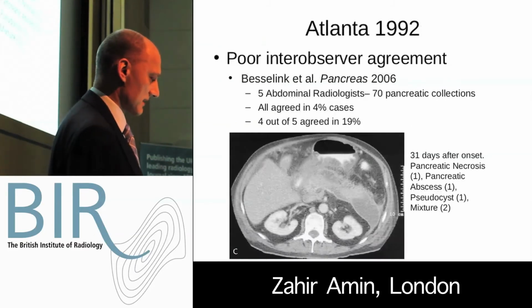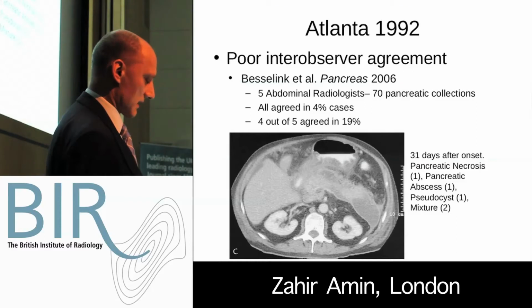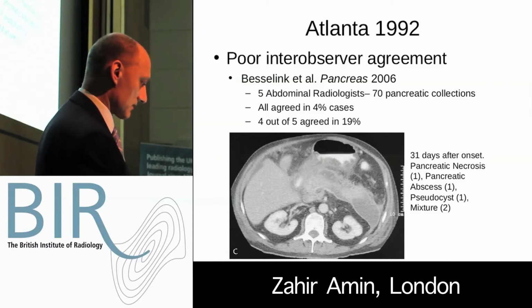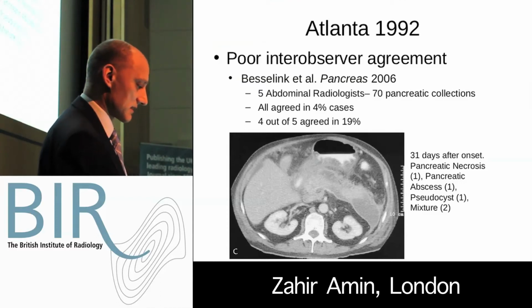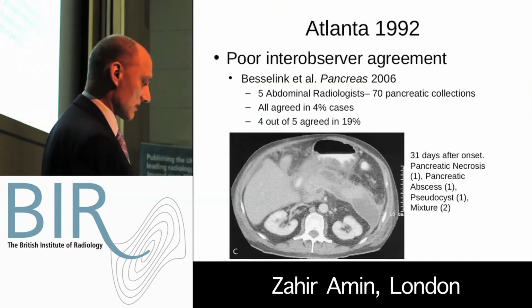And that's one of the aspects highlighted by the paper in 2006, where 5 abdominal radiologists were asked to look at 70 pancreatic collections and classify them according to the Atlanta guidelines. And there was full agreement in only 4% of cases. And 4 out of 5 radiologists agreed in only 19% of cases. This is one of the examples of a collection in the left flank, 31 days after the onset of pancreatitis. And one radiologist described this as pancreatic necrosis, another one pancreatic abscess, another person described it as pseudocyst, and 2 described it as a mixture of these